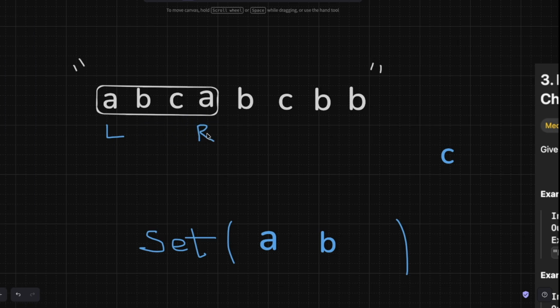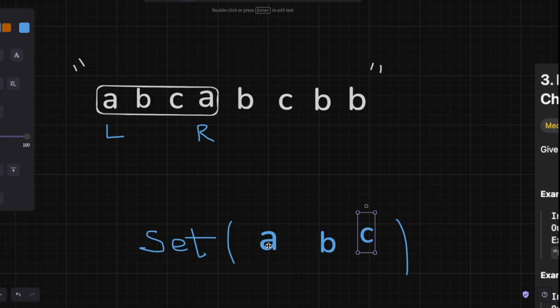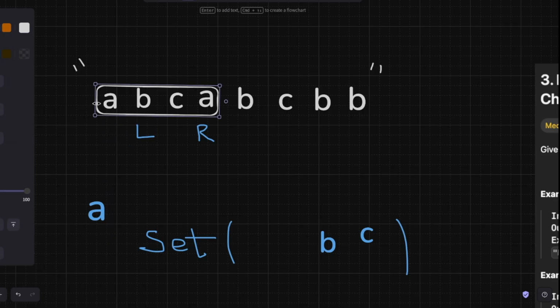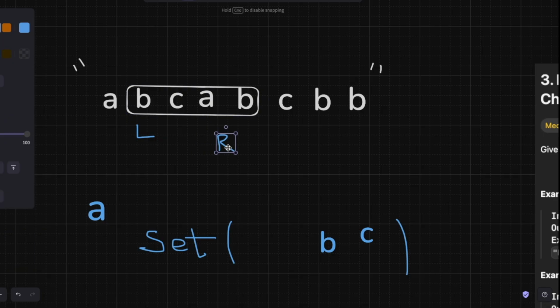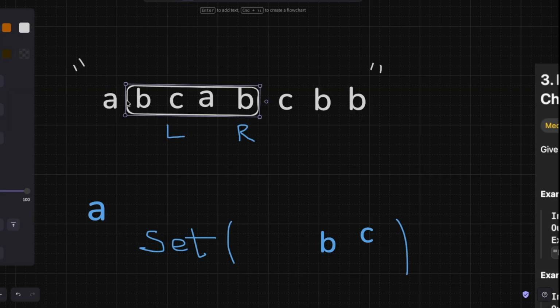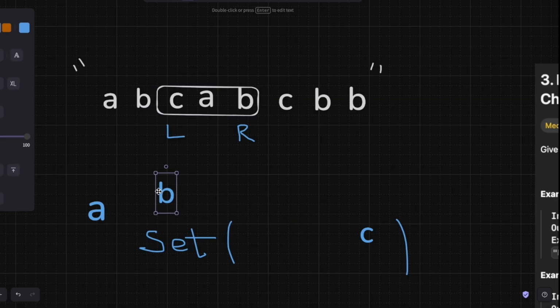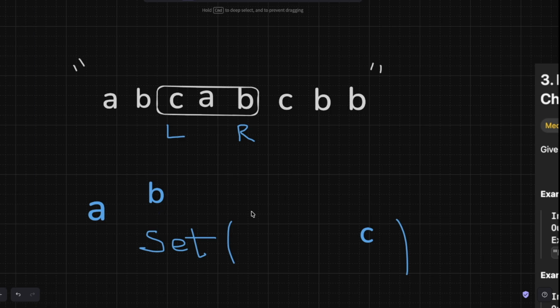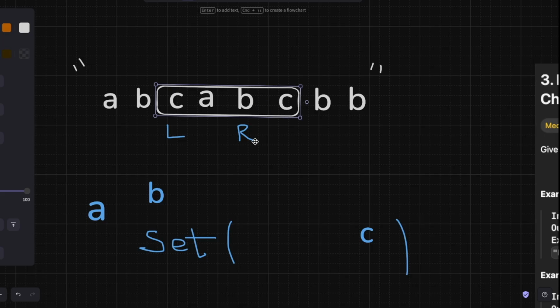Here when we encounter a duplicate element, we have to remove the duplicate element from the set, as well as we have to shrink the window and then do the same process. Move the right pointer to the next, move the left pointer and shrink the window, and then make sure to get the duplicate element out, and then